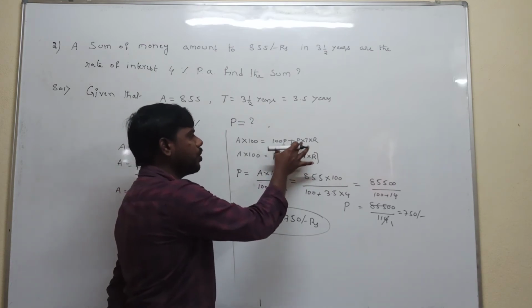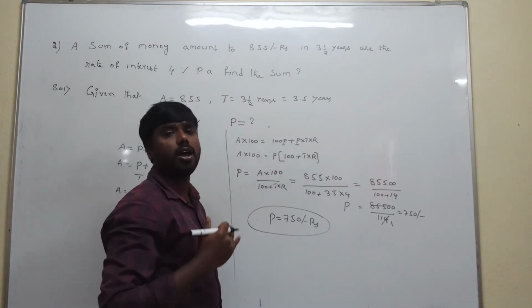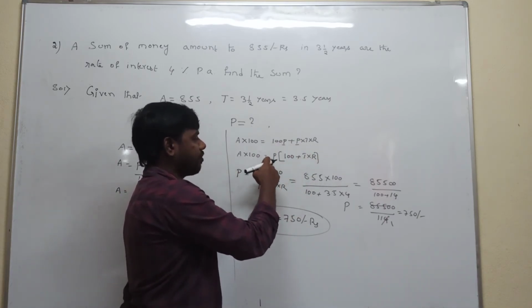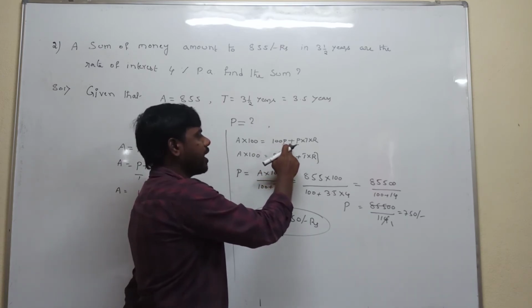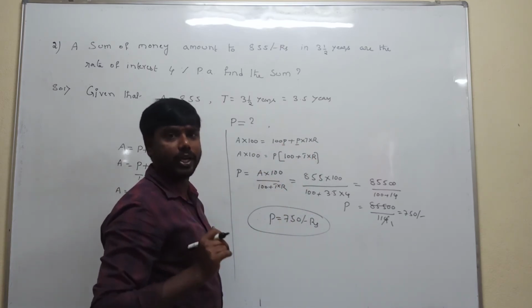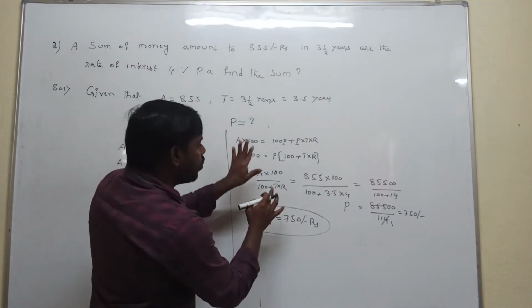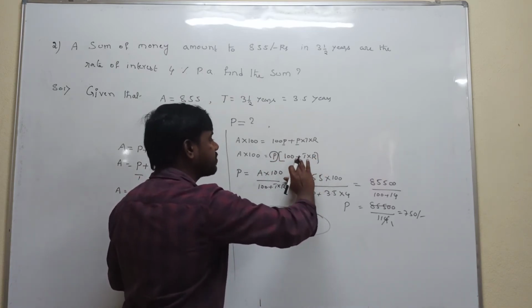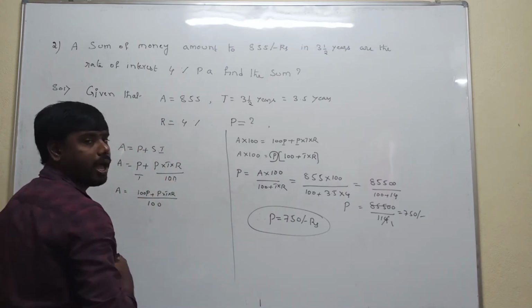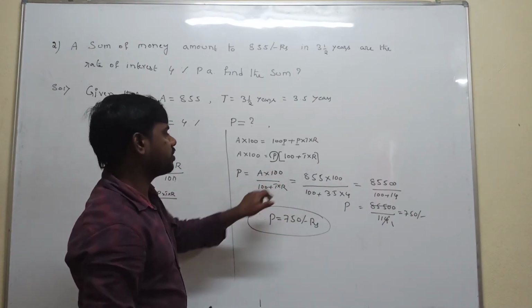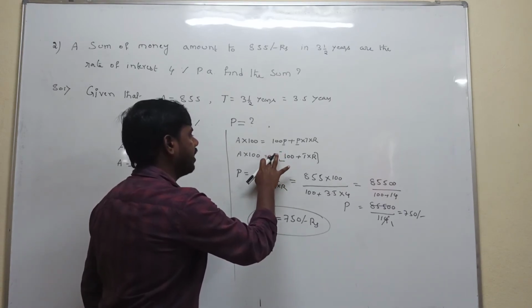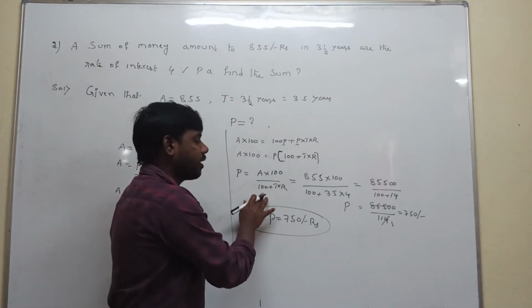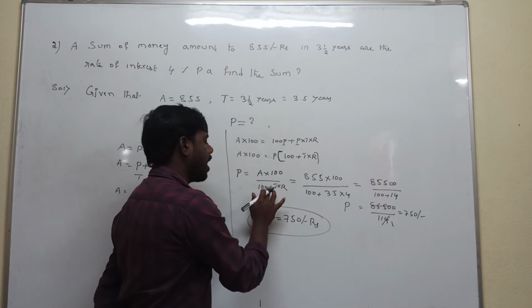In these two terms, which letter is common here? P is the common letter. That's why we take P common from those two terms, outside. What is left is 100 plus TR. But we need to calculate only the P value. This term is extra. That's why we take this whole term to the left hand side denominator. Already A into 100 is on the left hand side, and this one goes into the denominator. So P is A into 100 divided by 100 plus TR.